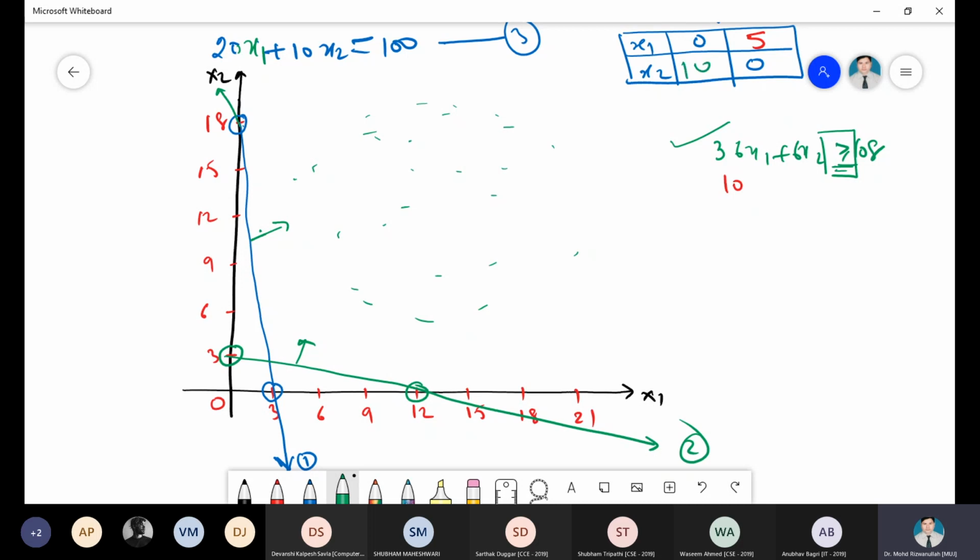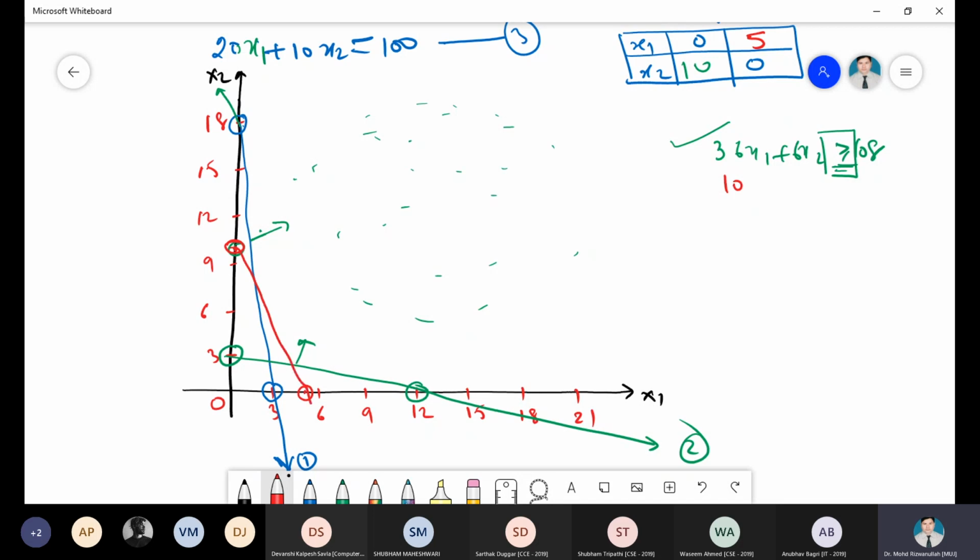Is 10. Okay, 10. So 0 and 10. This is the point, 9, 10. So this is the point. I want to make it with the red color. This is the point, and 5, 0. So 5, 0 will be close to 6 and 0. So I want to make this line here.